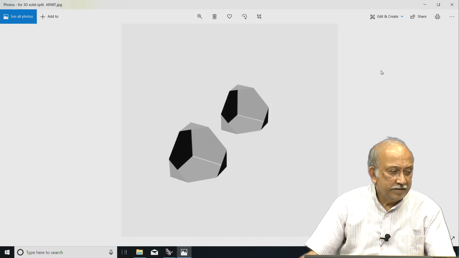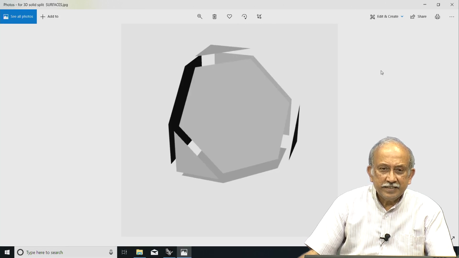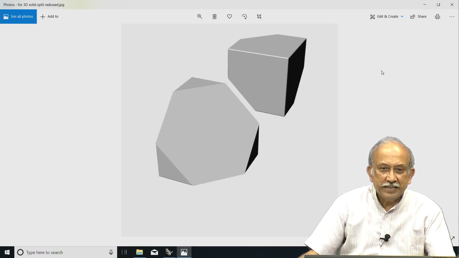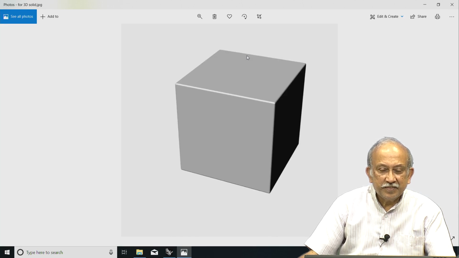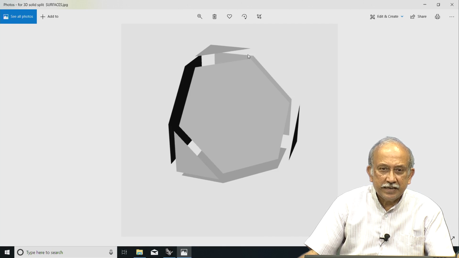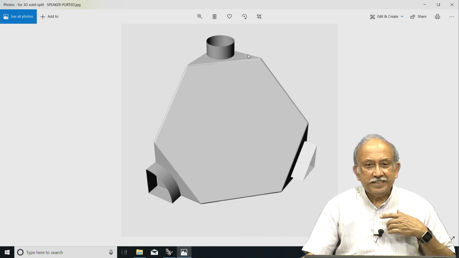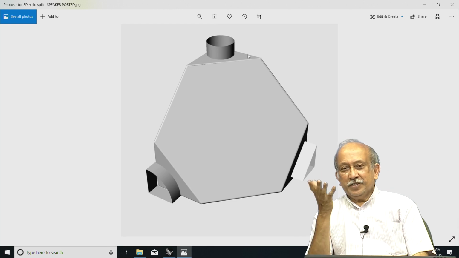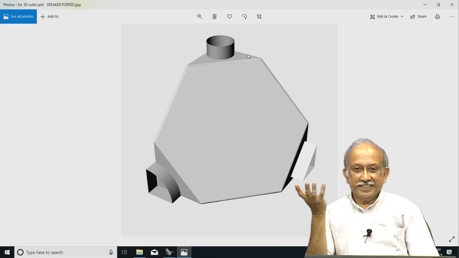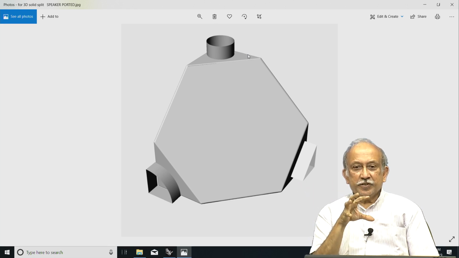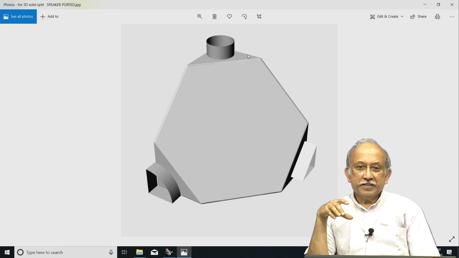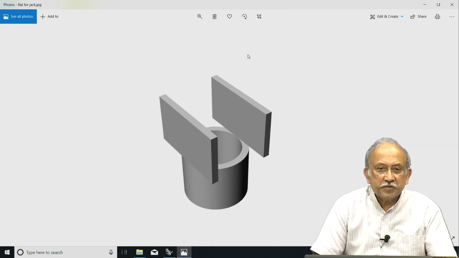Say from here, this has been cut, something has been done, added, and we have come so far. Now this I have explained to you already, we have this edge, this was the starting point. Now I go back a little and then get back to the package, saying, imagine I want to make this object, do not ask me what it is. To make it interesting, I wanted to show you that if you have a corner of a room, we can probably have a speaker device like this. Why can't we have a speaker?